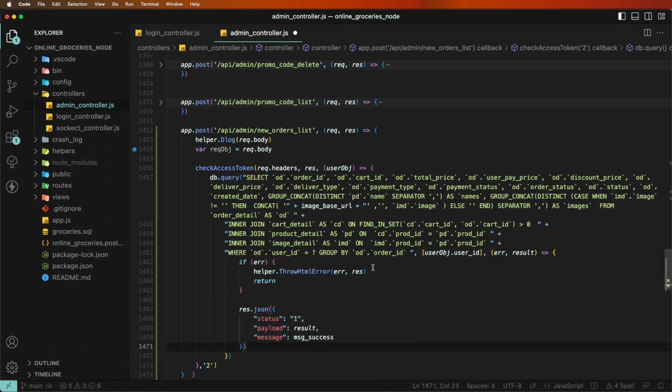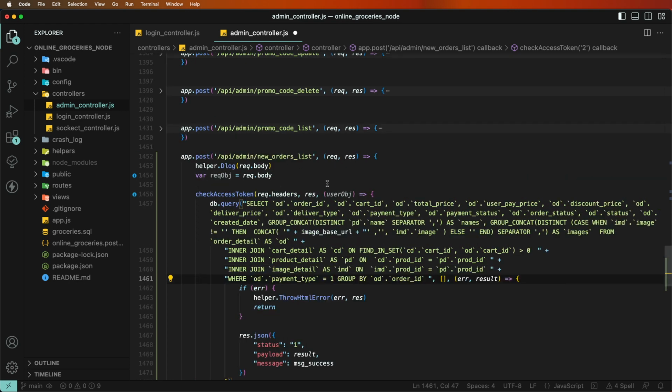First of all, we need to write one condition. Remove this orders user id, no need here, and set the condition for cash on delivery. So we need to check first of all the payment type, od.payment type is equal to 1 for the cash payment, and our condition is to write here the